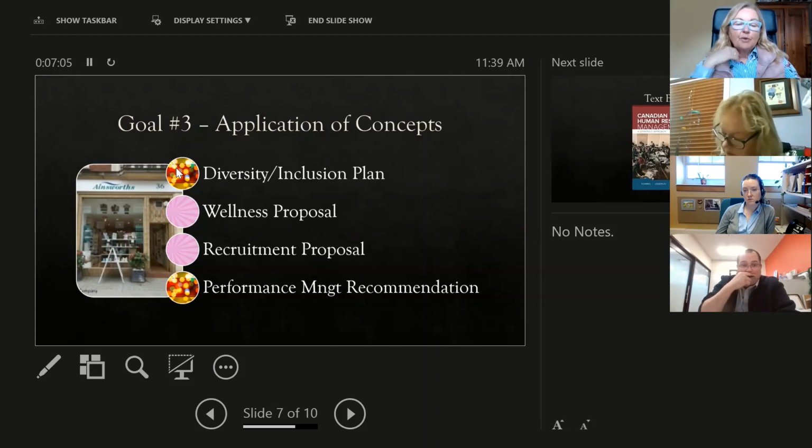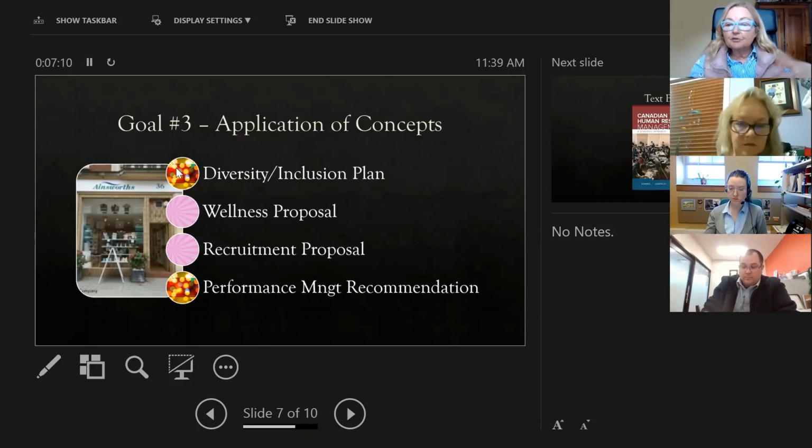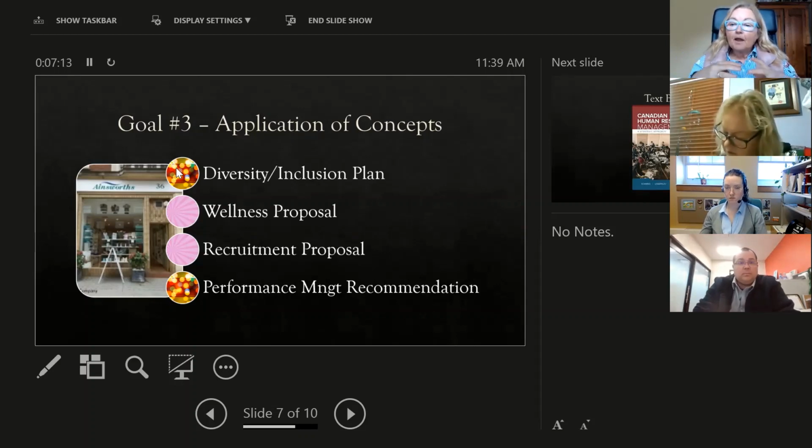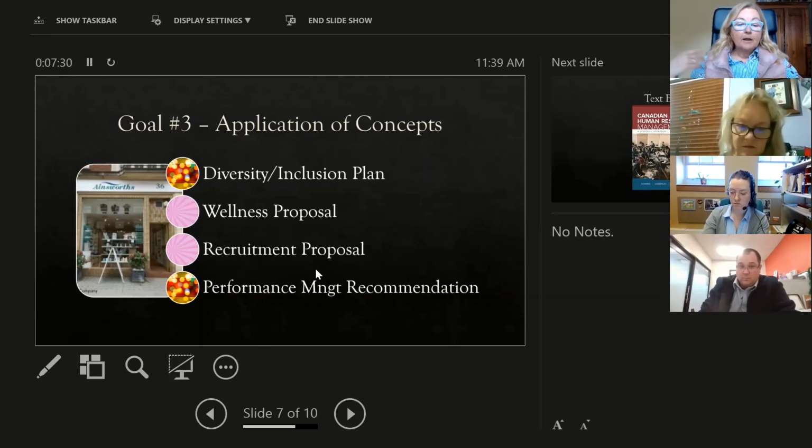applications. So when I think it's week 3, we're doing diversity and inclusion, and we're going to apply it to the case study that we're going to work on. But it's not going to be graded, but the opportunity for you is to practice, because the following week you're going to start working on a wellness proposal, and that's assignment number 1. The recruitment proposal is assignment number 2. Later on in the course, you get to do another application to the case study about performance management, but that's not going to be graded. So lots of opportunity for you to take theory and try to apply it to the case.